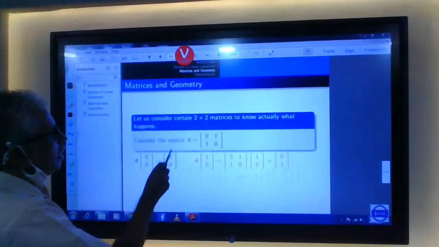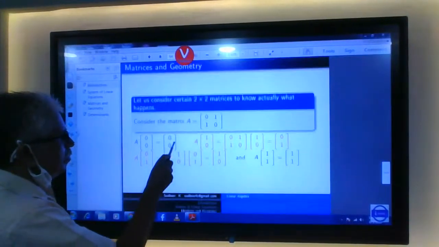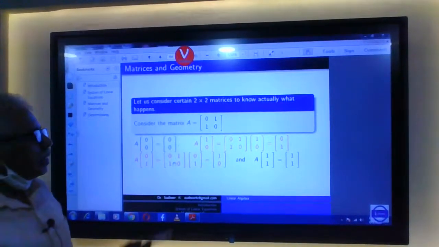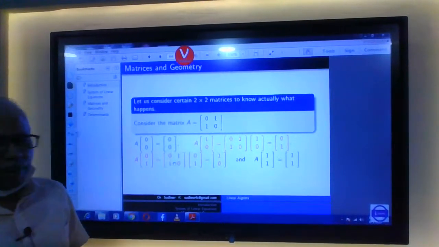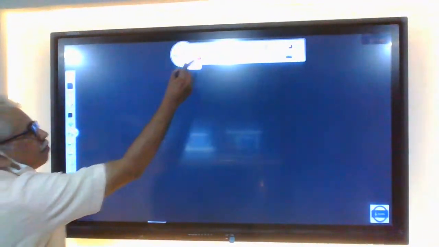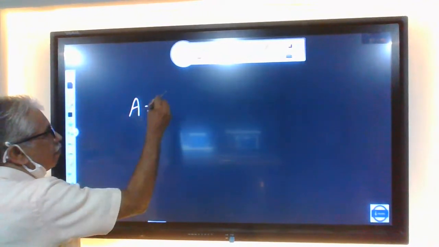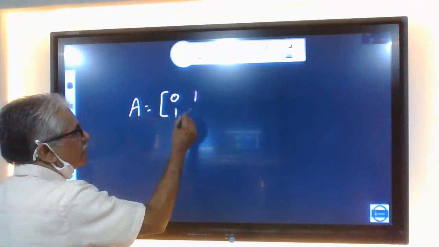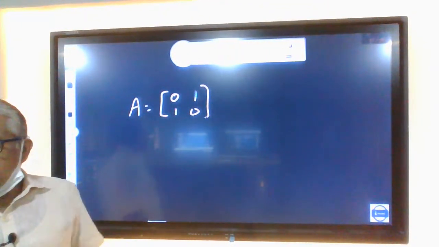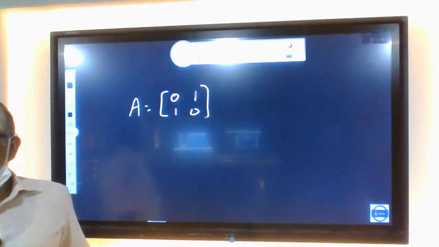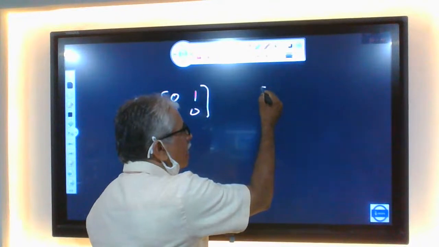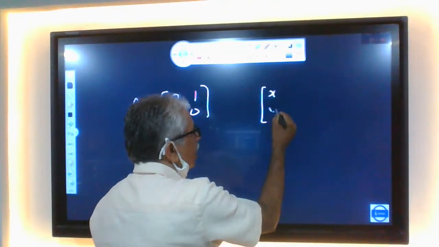Okay, let us check. Consider a 2 by 2 matrix A, 0 1 1 0. So the matrix A is 0 1 1 0. What is the effect of this matrix? That's what we explore. Any column matrix xy